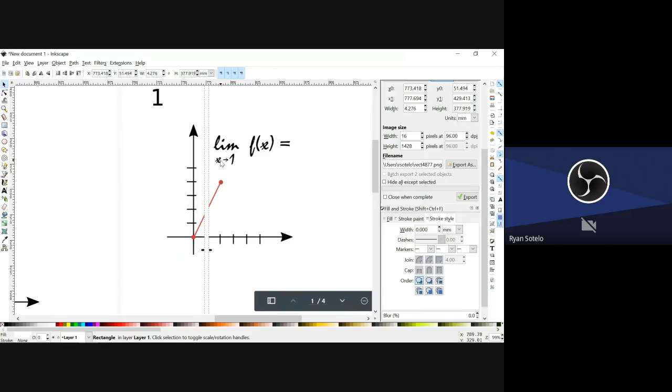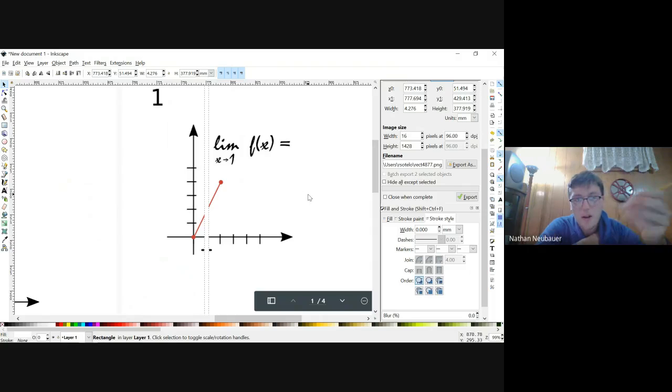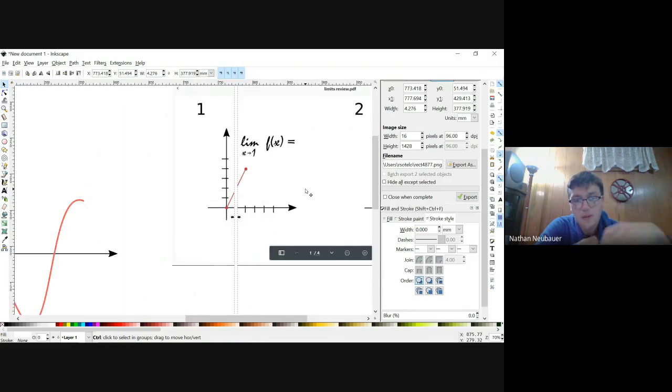You said, as x approaches 1, the function is shown in red. What's the limit as x approaches 1? Well, it looks like it's going to 2 from both sides. Therefore, the limit is 2. Right? Yeah. But for the other one, I was saying, would we do both of them?